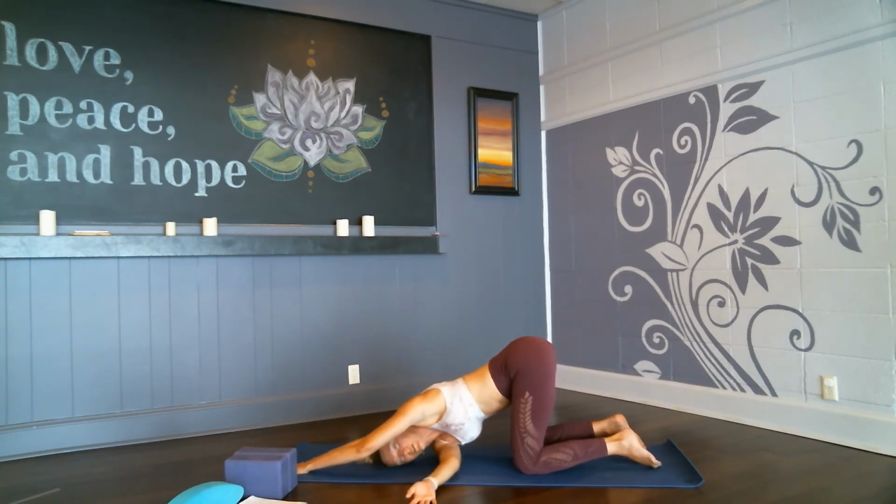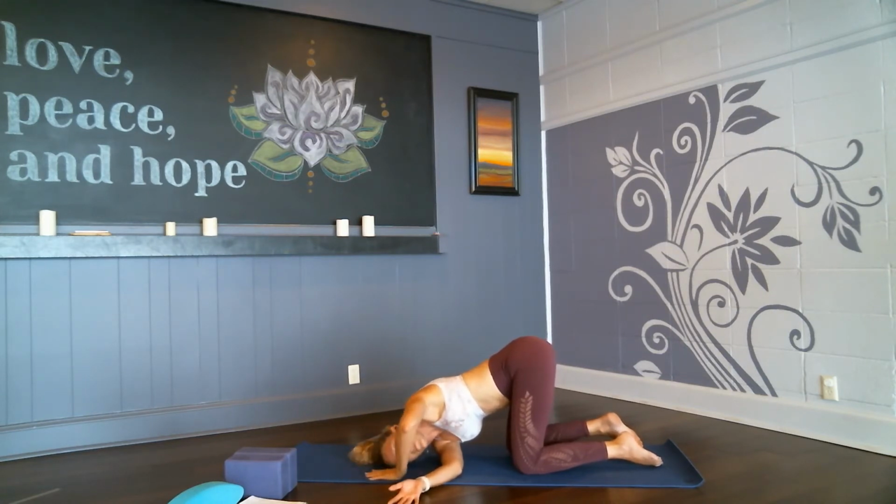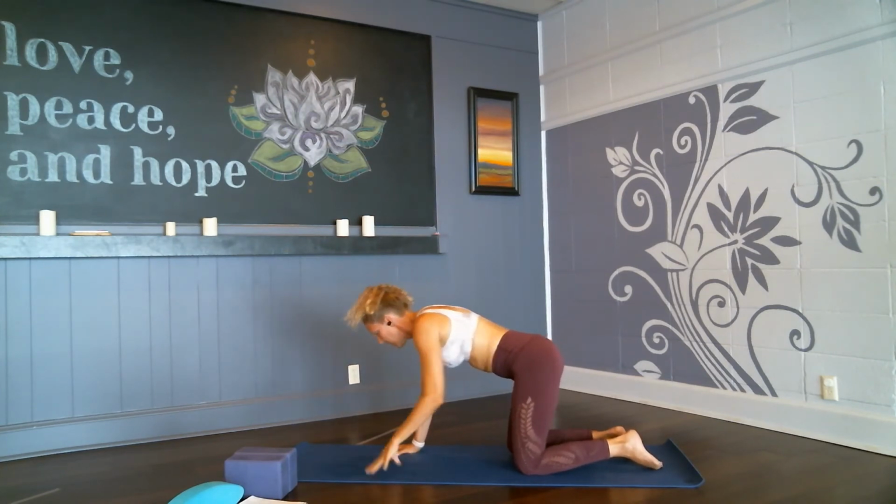Left arm reaching forward if you choose, the back of that right hand staying down to the floor and the hips shifting to the right. Breathe into the back of that right shoulder. One more deep inhale. Slide the left hand back, pressing into our tabletop. Coming up high onto our knees here